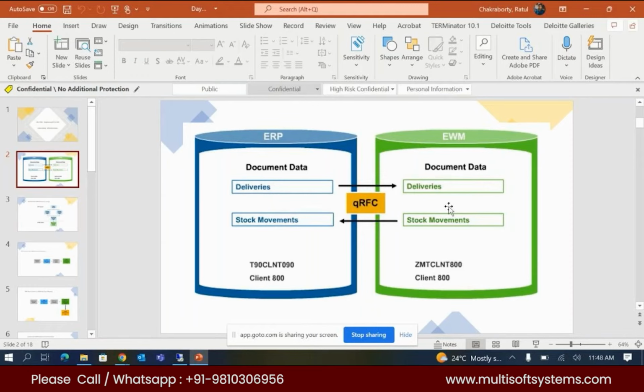Second thing, after CIF we come to transactional data. All the transactional data like the deliveries, purchase order, production order, sales order, all this transactional data will be present in this system. The information will be fetched from this system, and there will be an exchange of information through queues, and these queues